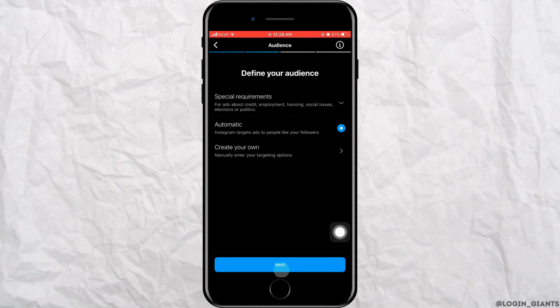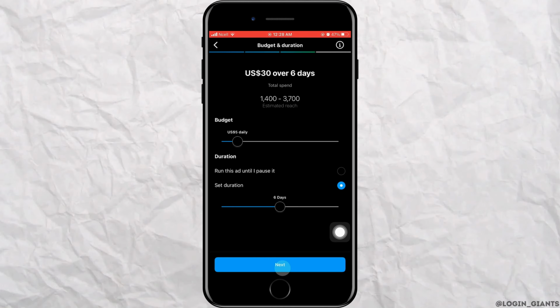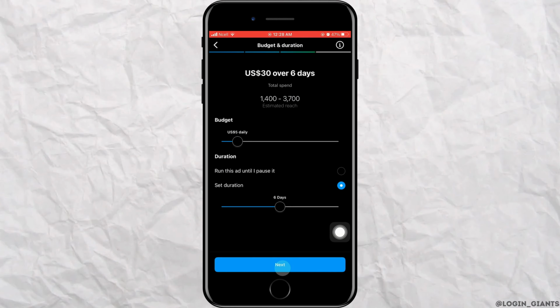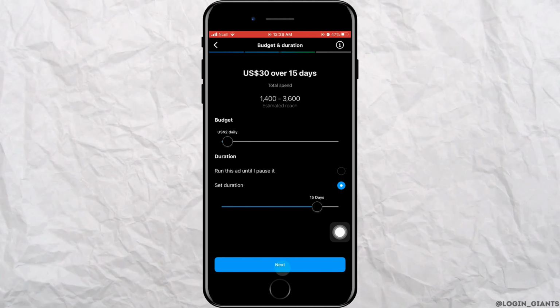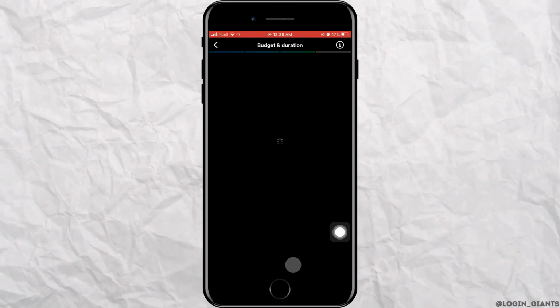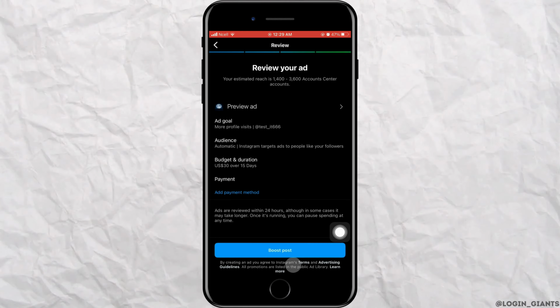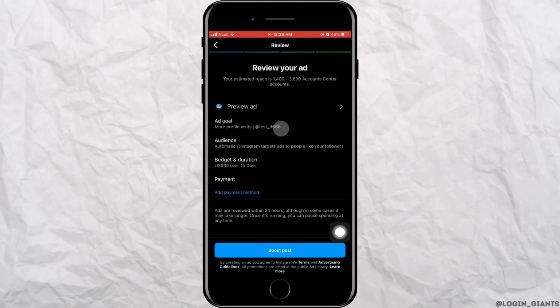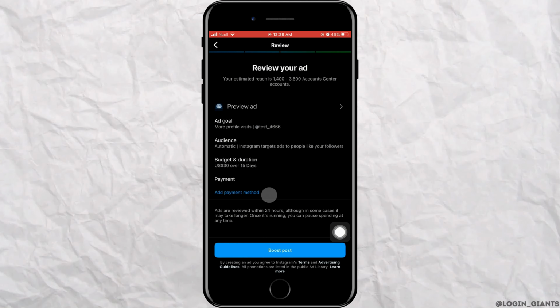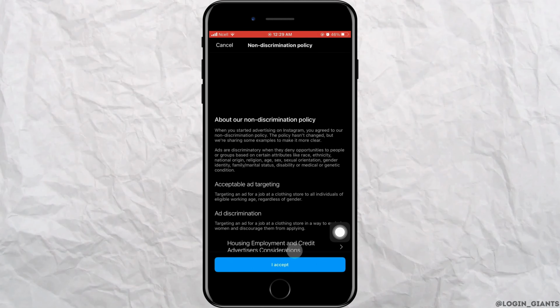So now you want to go ahead and select your budget. After that, you can select the duration and then tap on Next. After you're done, you want to go ahead and tap on Payment Method and then tap on Boost Post. After that, you'll have to enter your credit card details and you'll be able to boost your